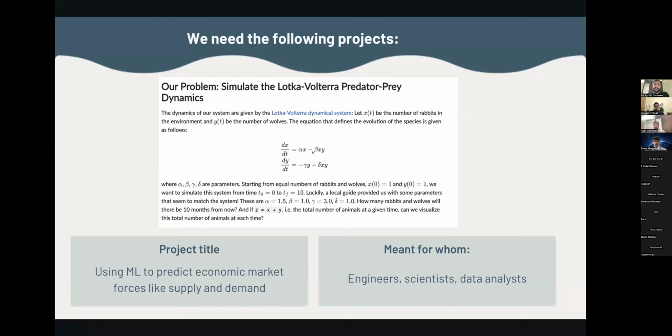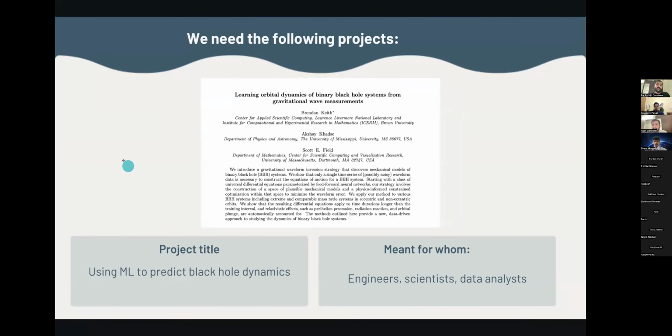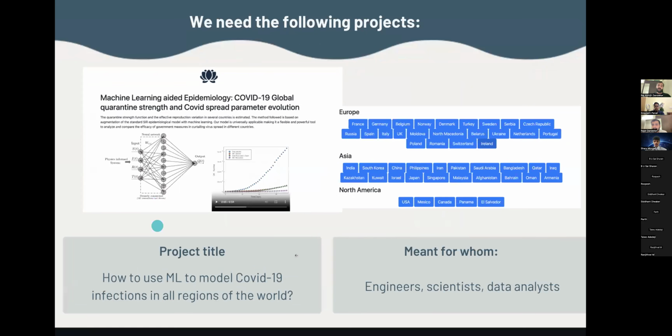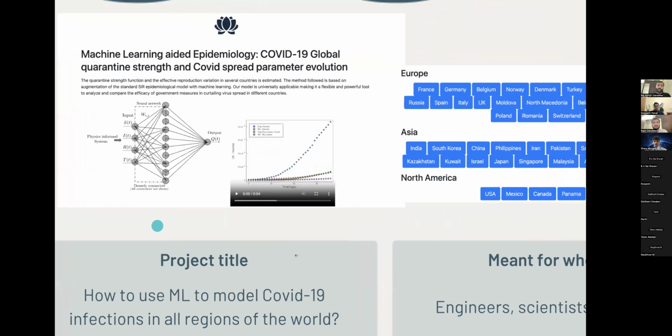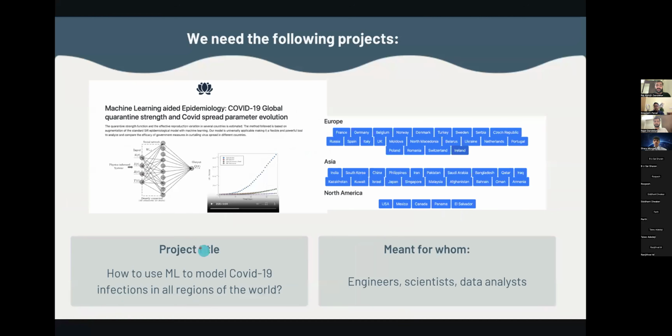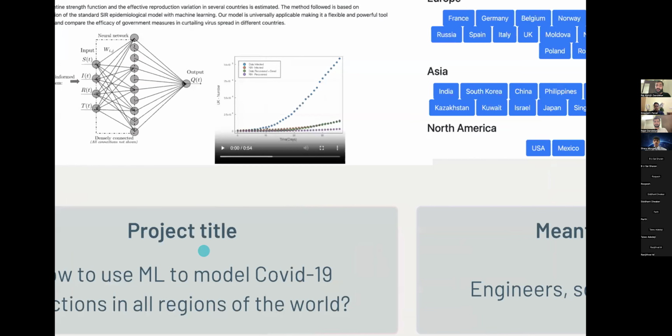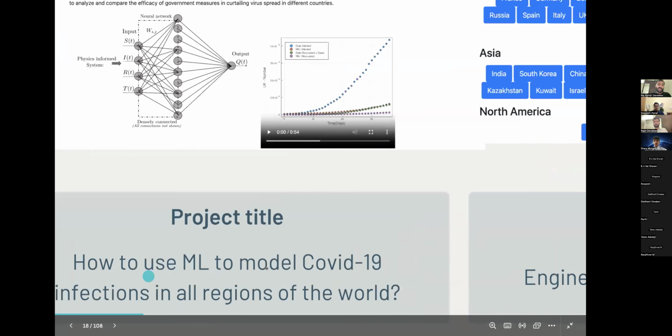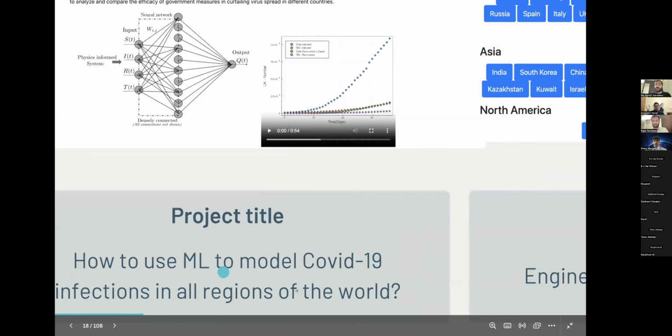Someone has asked about computer science students. Great question. So when I transitioned from mechanical to CS at MIT, this was the project which I did. This one, using machine learning to model COVID-19 infections. Now, all the other computer science students in your batch, they will have projects, but none of them will use machine learning to solve some impactful problem. As a CS student, if you use machine learning to solve epidemiology problems, that would be a really strong addition